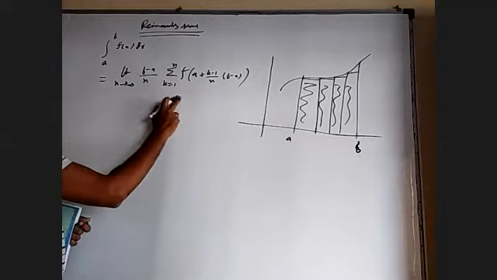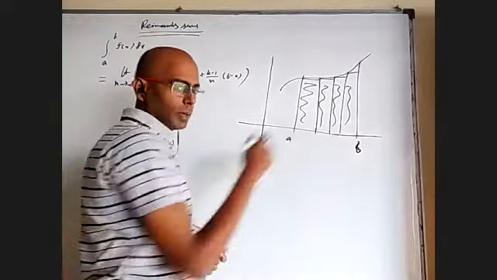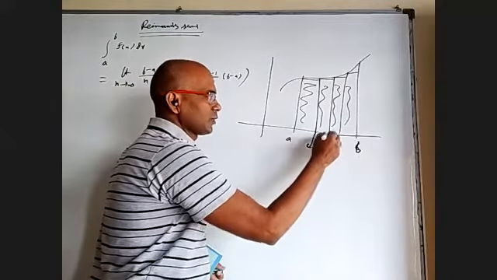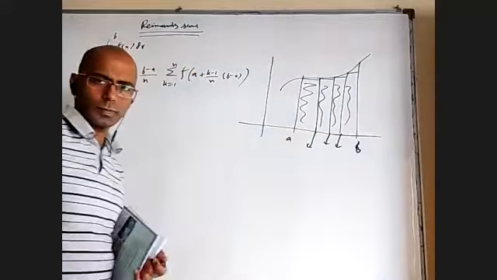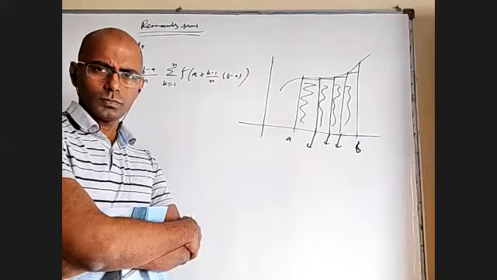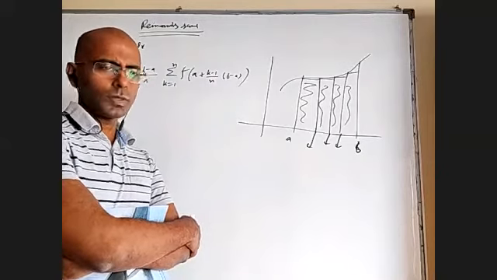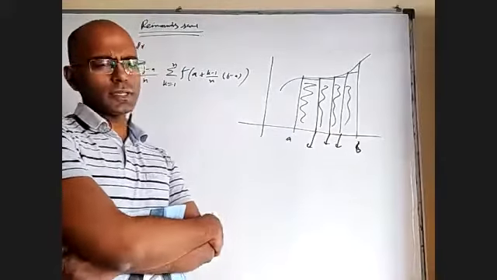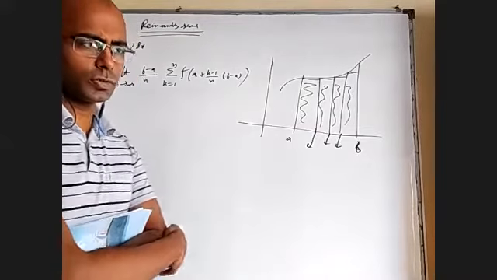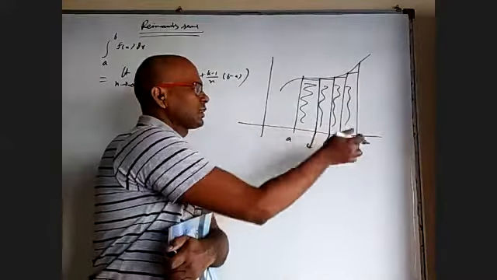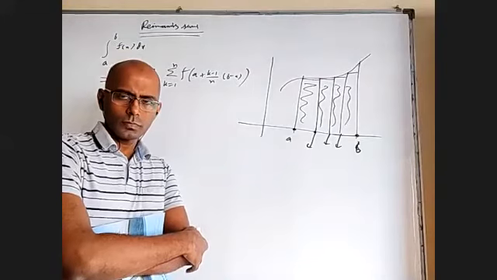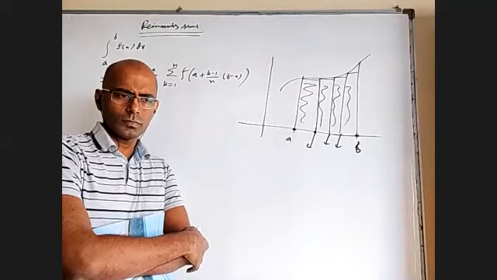Where did this come from? Let me explain. Let's say I'll take only 4 parts. This x value is A, this x value is B. Can anybody tell me what the x value is here, and here? All are equal parts. I'm taking equal lengths. Actually, you can take unequal lengths also in Riemann sums, but in integral calculus what we study is mostly equal intervals, so I'm not going into details of that. If all these are equal and this x value is A, this x value is B, anybody want to tell me what this is? A plus B minus A by 4.